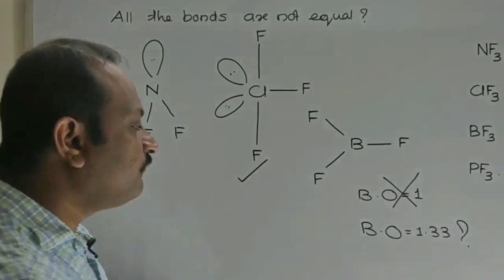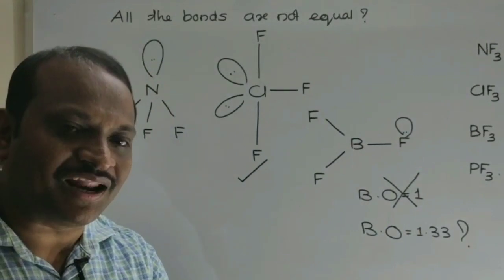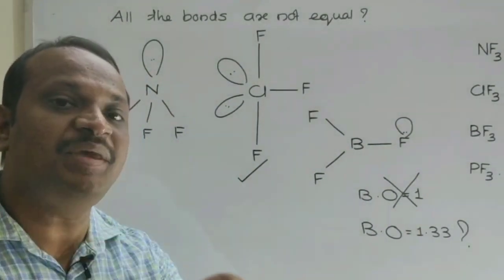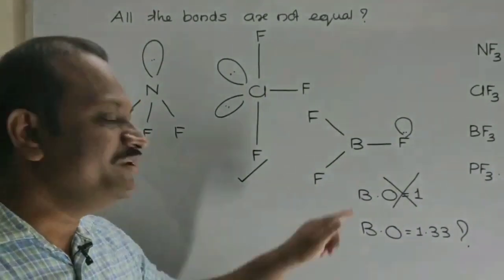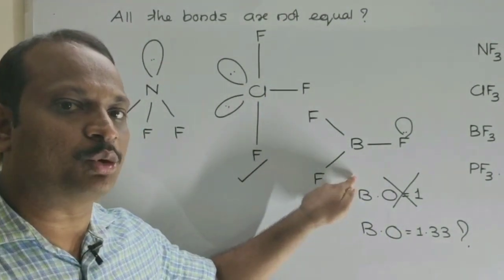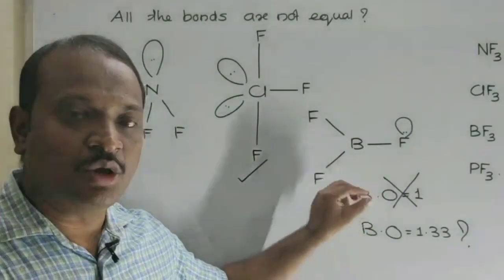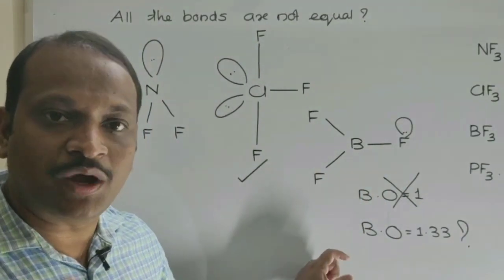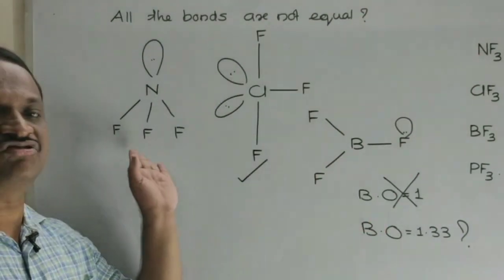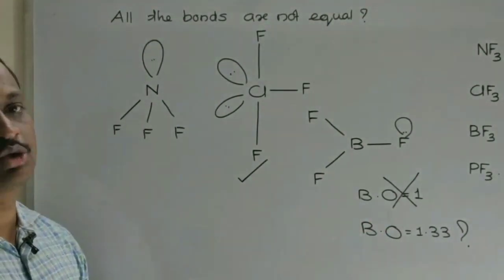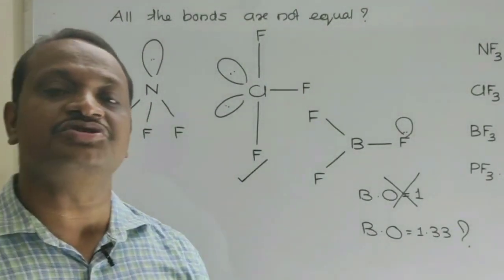Because you know that the fluorine atom has a lone pair. So this lone pair is involved in p pi back bonding. As a result of p pi back bonding, Lewis acid character is minimum in this particular compound, which was studied earlier. So for your information, please try to understand, in BF3 the boron fluorine bond order is not 1, it's 1.33. And similarly, we have the last compound PF3, which is just like NF3. So in this particular question, where we have different types of bonds or all bonds are not equal,